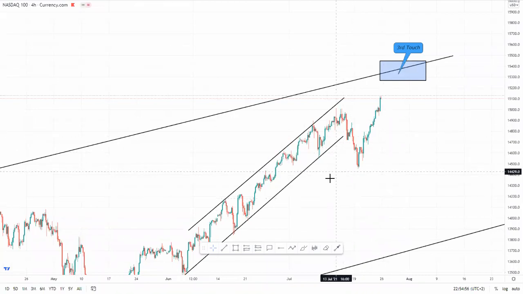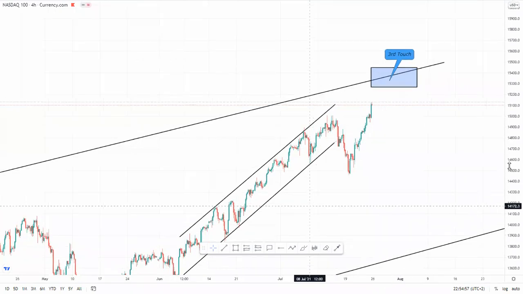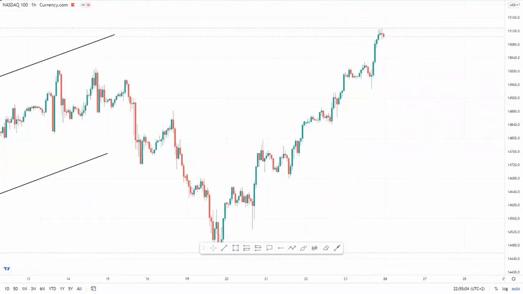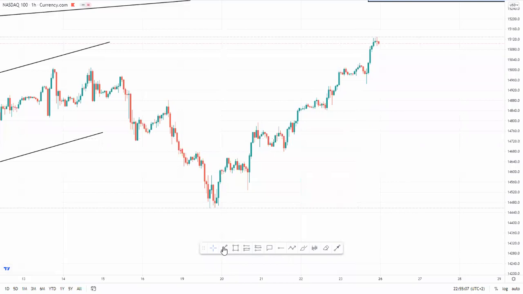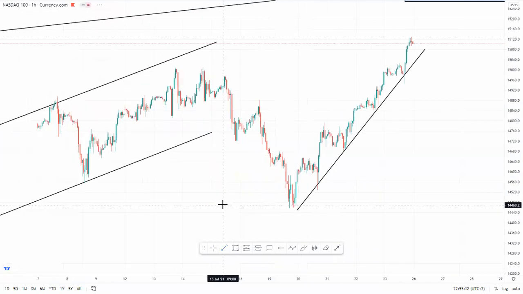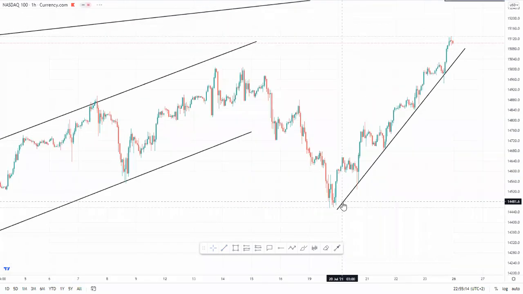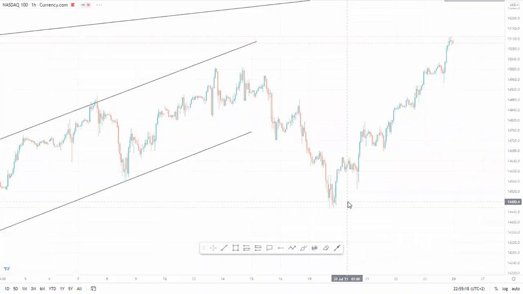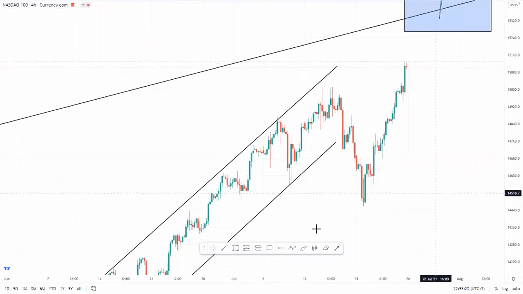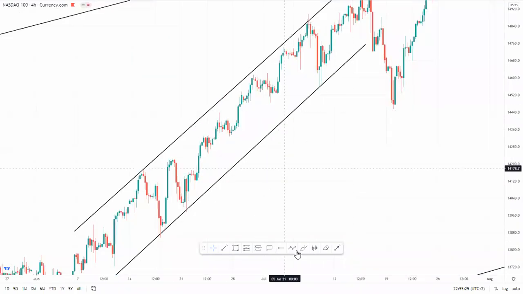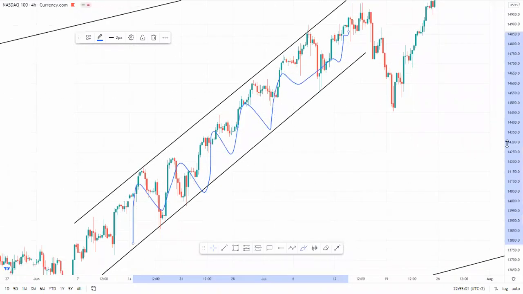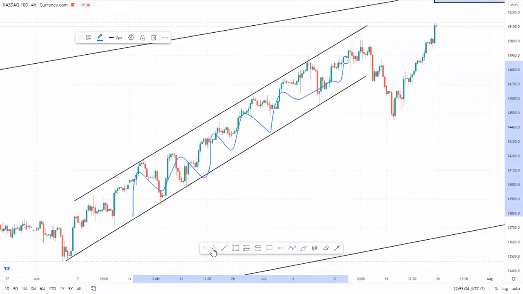Okay, so I'll go to the lower time frame and try to see the market clear. Okay, so on the lower time frame, on the 1 hour time frame, same thing. Okay, no, let me go back and show you something. So on the 4 hour time frame, the market, like I said, was moving aggressively bullish in this channel, and then we had a counter.